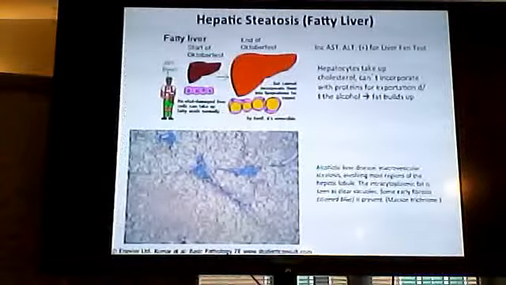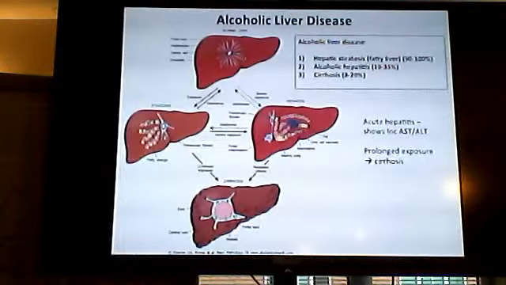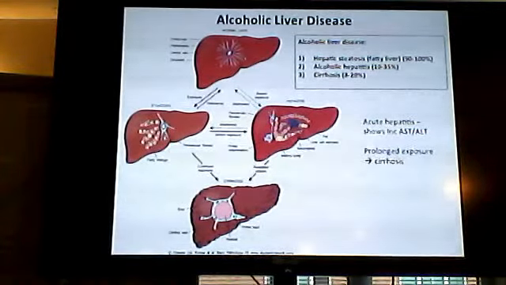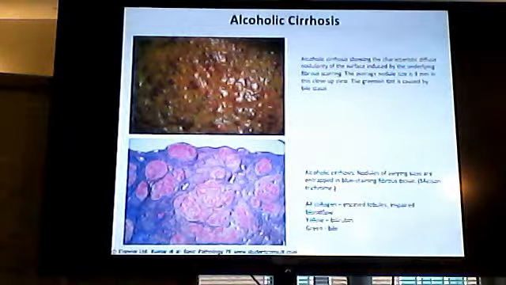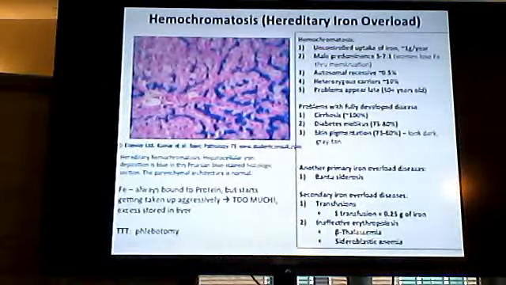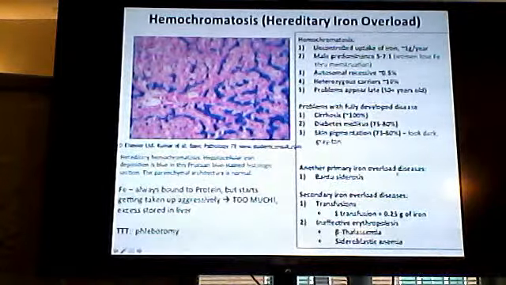Hepatic steatosis, fatty liver, alcoholic liver disease has a lot of the characteristics we talked about earlier. Alcoholic cirrhosis, again, you'll see all these lobules that start to form, impaired blood flow. Hemochromatosis, hereditary iron overload, or you can have Bantu siderosis, so different types of iron overload that you can repair